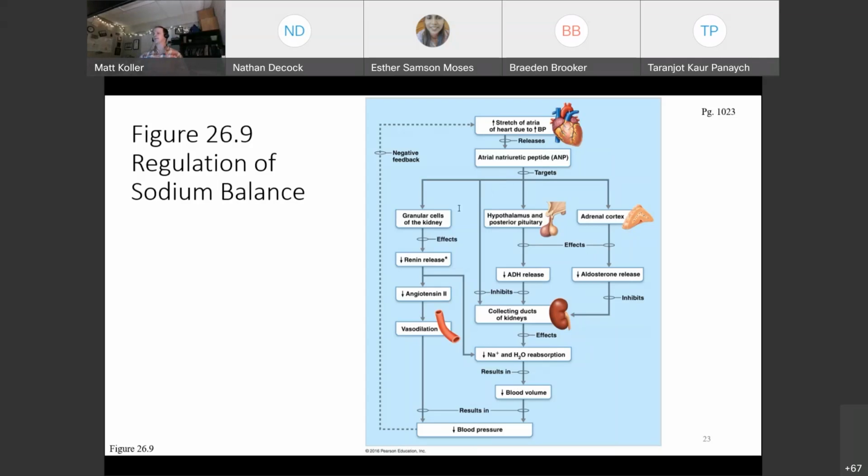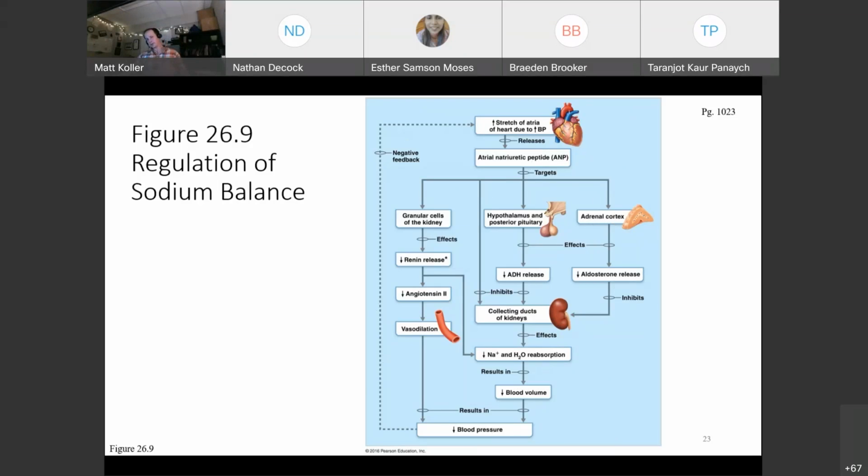If you're looking at something like this, we want to get a sense of it. Just follow one pathway at a time. ANP has an effect on the adrenal cortex, decreases aldosterone, and inhibits the collecting ducts. What happens? We see a decrease in sodium and water reabsorption, a decrease in blood volume, a decrease in blood pressure,